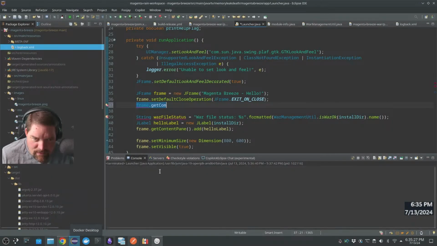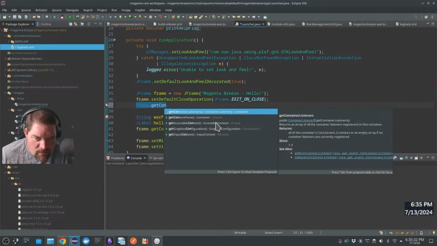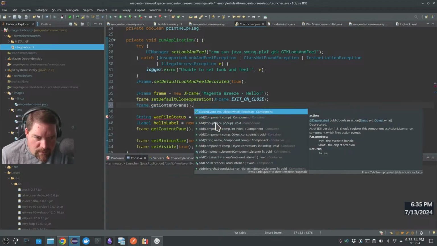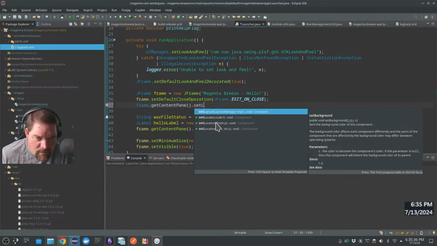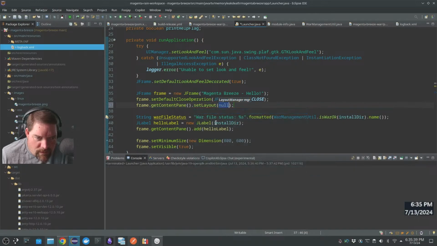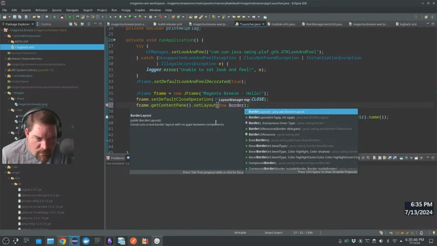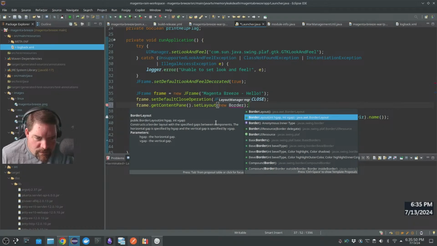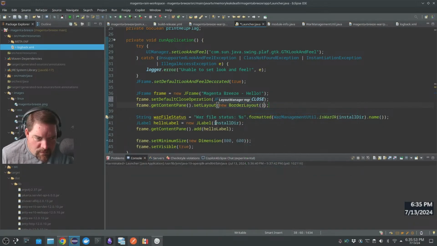Get content pane. Content pane, set layout, border layout. That. All right, and then